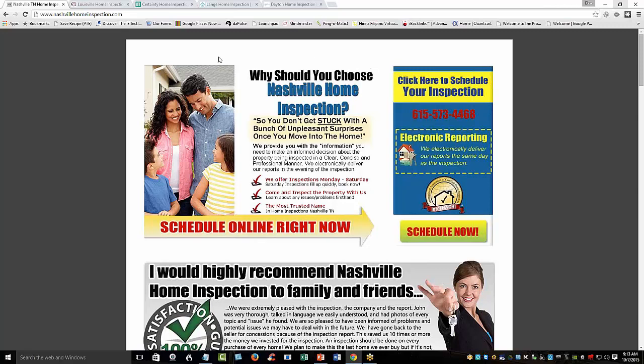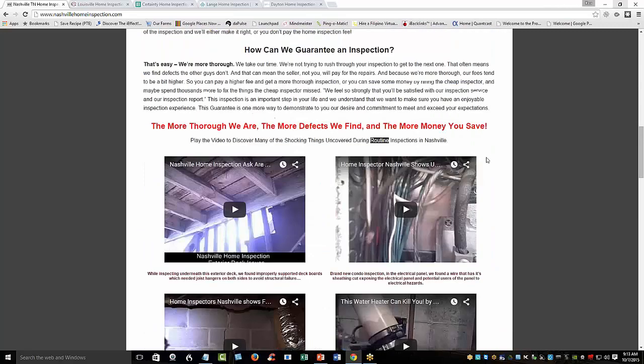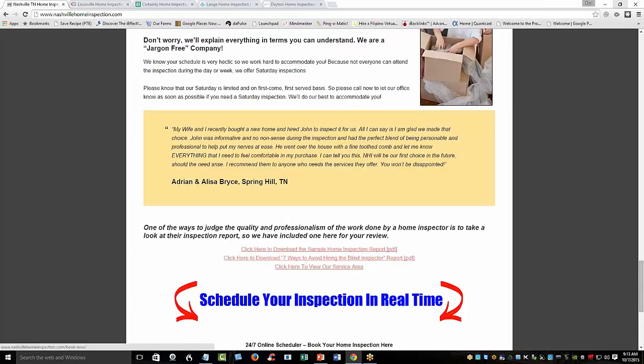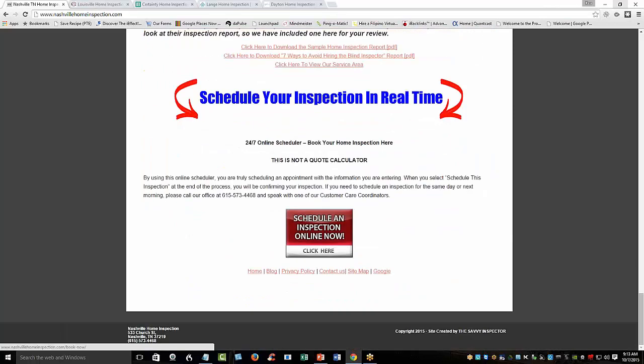Okay, so we used to have all the navigation buttons up top, and what we've done on this site is put the navigation buttons down here. We only have 9 things on this website that we've proven through split testing that will convert visitors into paying customers. So we know for a fact these convert. We have analytics on these sites and we track what happens. So we put the blog down here,